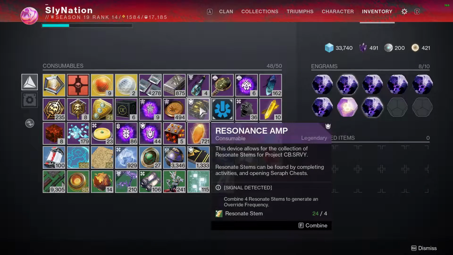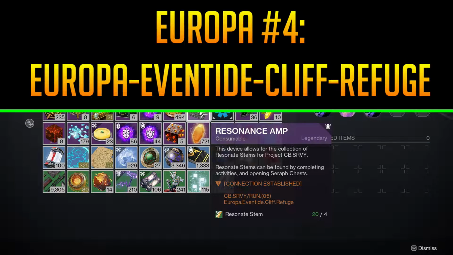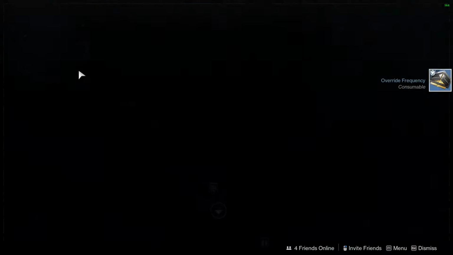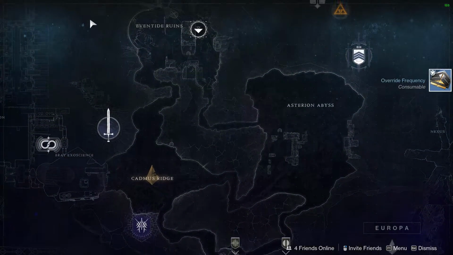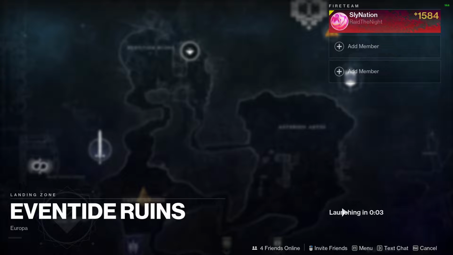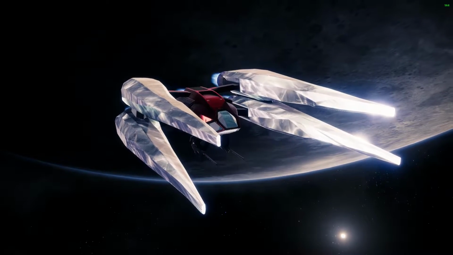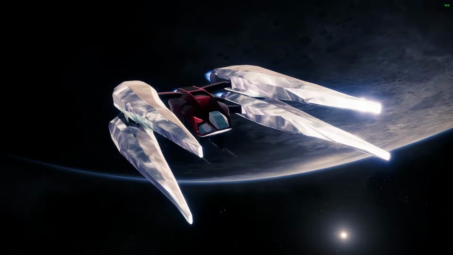So recombine the stems, and the next one we have is Europa-Eventide-CLIFF-REFUGE. Now, one thing I like about these hunts is that they sometimes take you to cool places you had no idea even existed within certain areas or maps, or perhaps little places that you simply forgot. While I knew of this cave, there was a place on the moon I'd never been to. So not only do you get cool weapons, complete some triumphs, but you also get to do a little bit